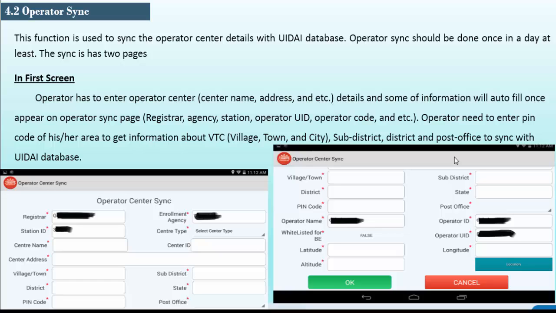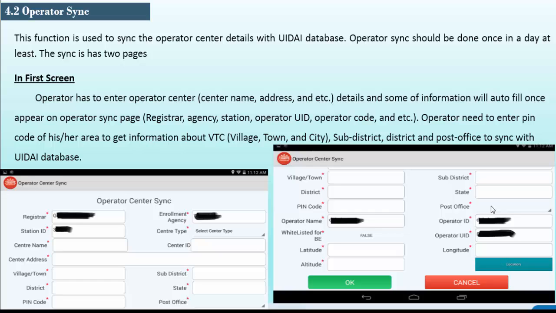Once you enter the details clearly, then you have to check the GPS status also. Because if you want to enroll children of 0 to 5 years from the CLC client, GPS also should be enabled in the CLC client. Without GPS details, enrollment packets will not be processed in the UIDAI server. So be careful, be aware of this one.